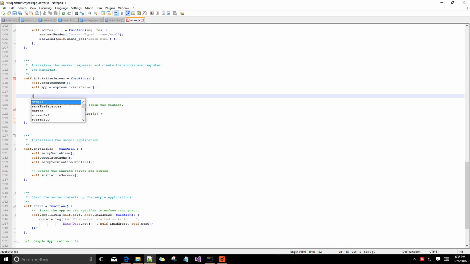So to do that, self.app.use, then express.static, then double underscore, dirname. Cool. You just need to update this line at 117 where we are creating the server.